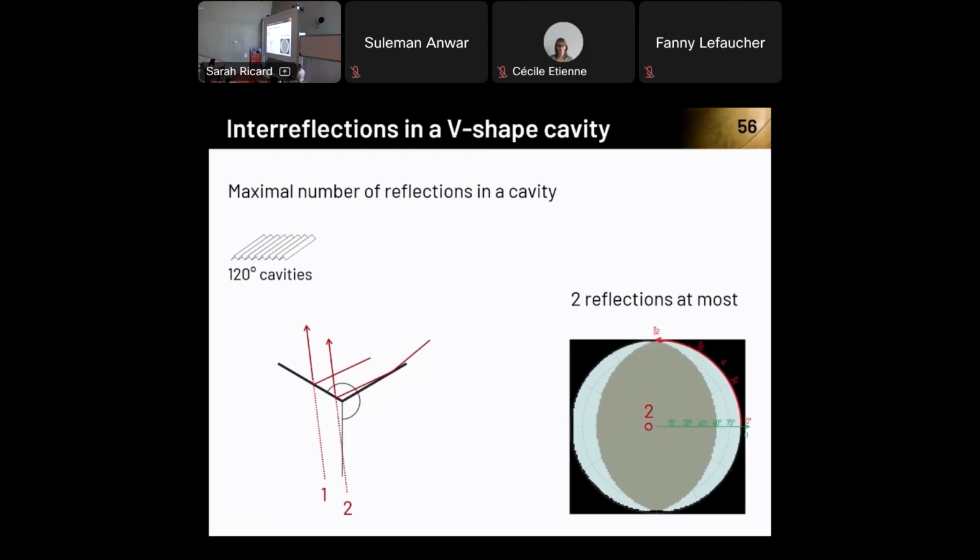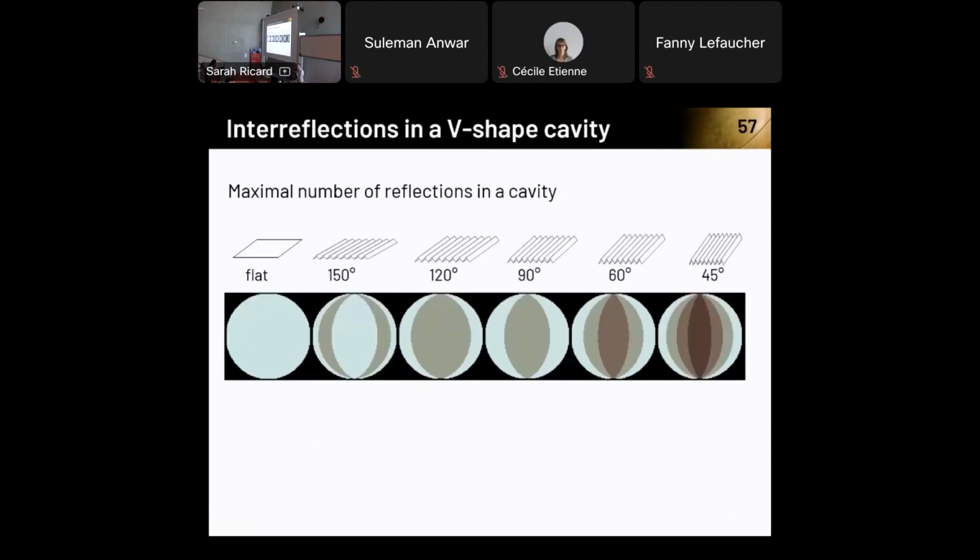Depends on the position or the incidence angle. So at grazing angle, we have 1 reflection at most, but at normal incidence, we can have 2 reflections. And we have modeled that for different angles. So 45 degrees are very deep